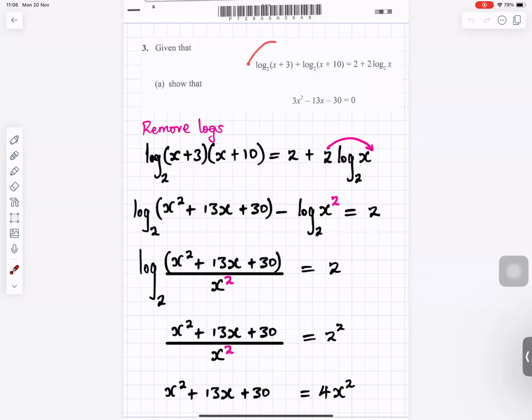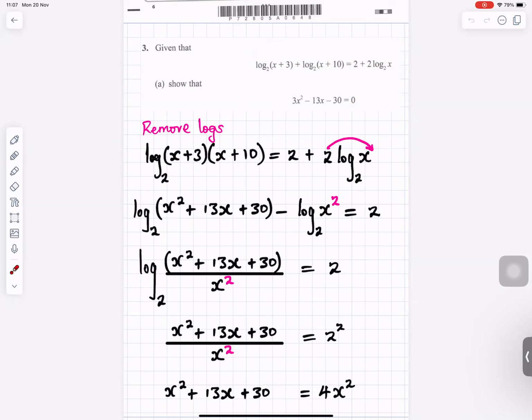There's two separate things, 1, 2. When you add them, you put them together and multiply. So it becomes x plus 3 times x plus 10. This 2 in front there, it goes to the front, it becomes x squared. And then